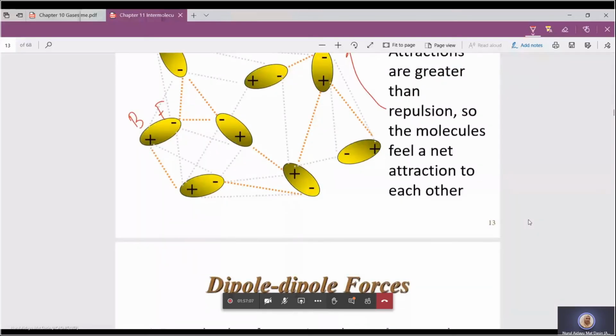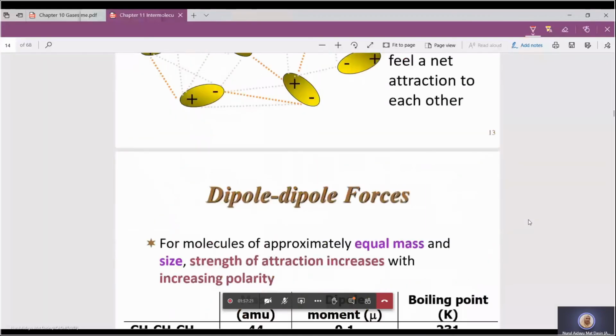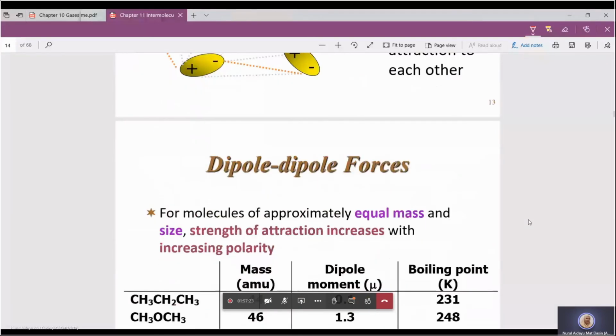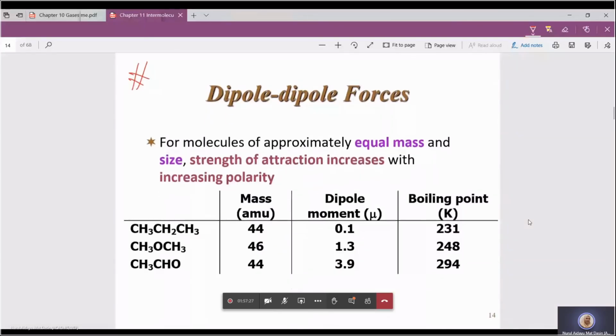Where do we need to? Okay, I stop at this slide. We continue with the next slide next class: dipole-dipole forces in terms of molecular mass and the dipole moment. Alright, so that's all for today. Miss,